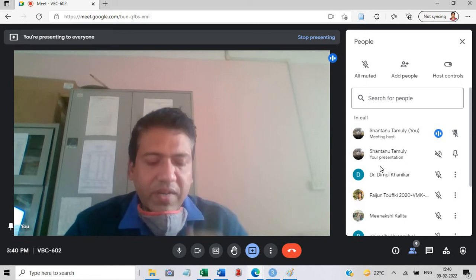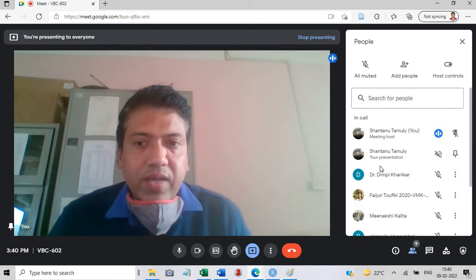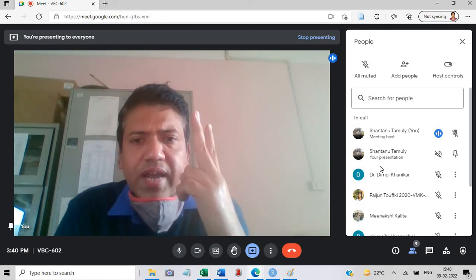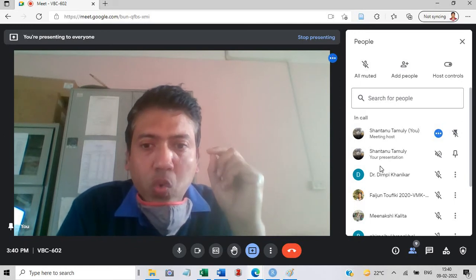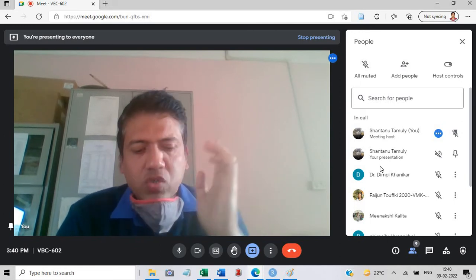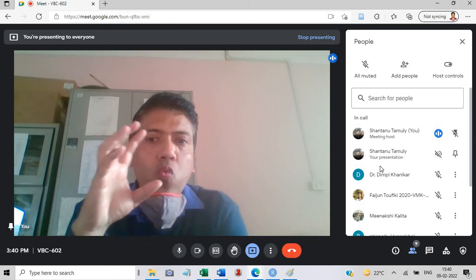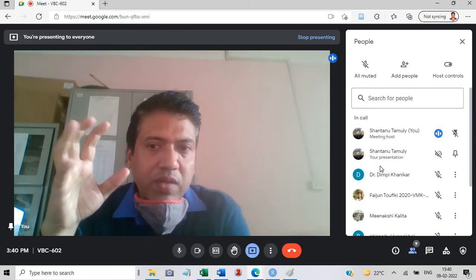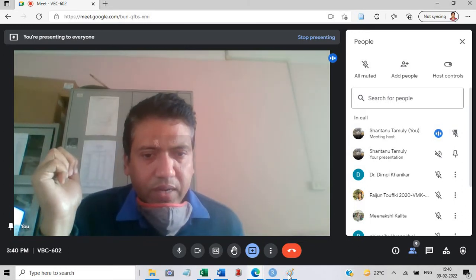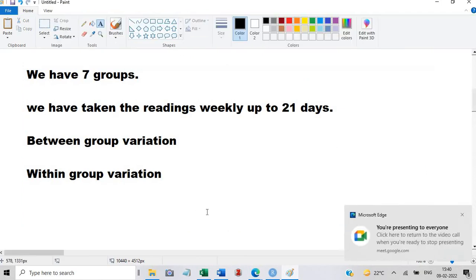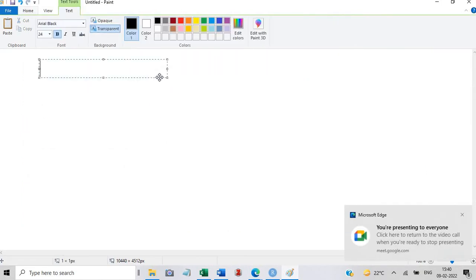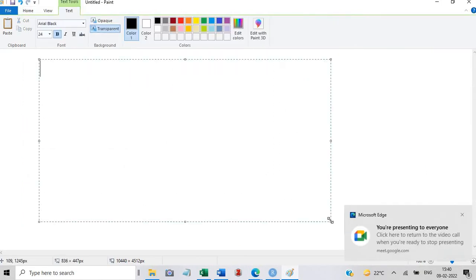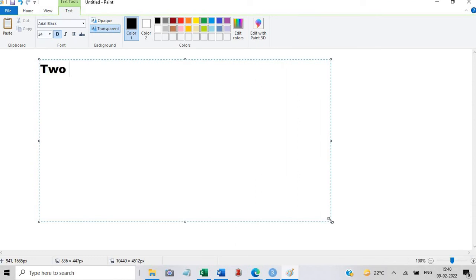But there is a confusion between two-factor ANOVA and two-way ANOVA. Generally, when we say two-way ANOVA, it is actually a broad term. Let me show it here. It is a broad term.